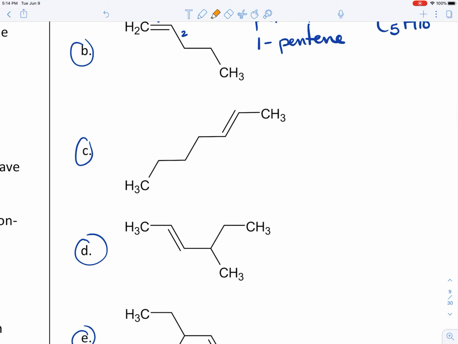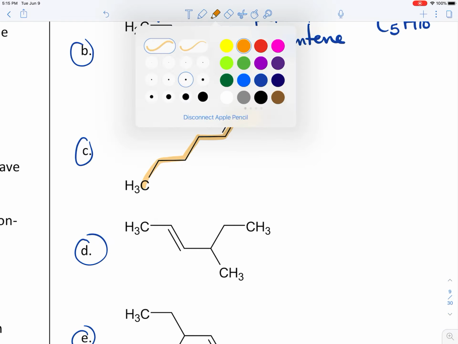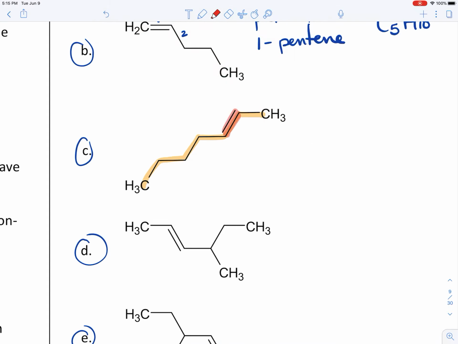So this one here, the parent chain has 1, 2, 3, 4, 5, 6, 7 carbons. And we notice that it's the second bond that is the double bond, because we have to count from the end closest to the double bond, so we'd be counting from the right end. This was the first bond, this is the second bond. So we have a heptene, a 7-carbon alkene, and the second bond is the double bond,